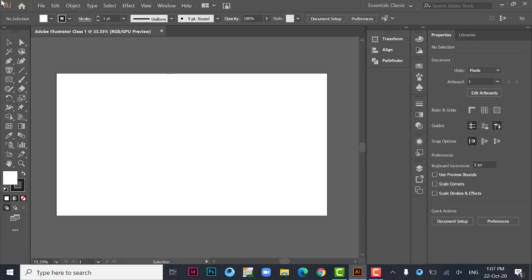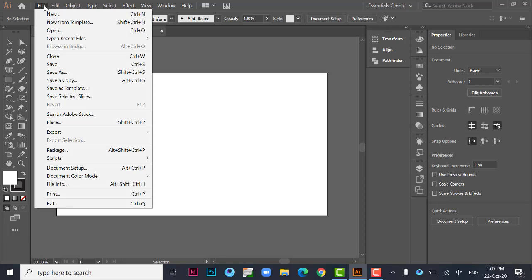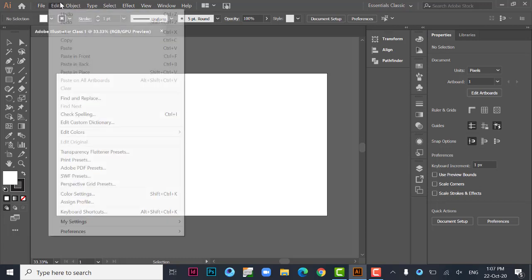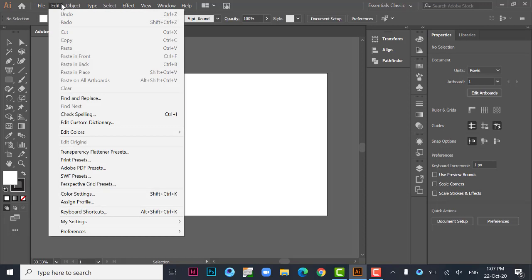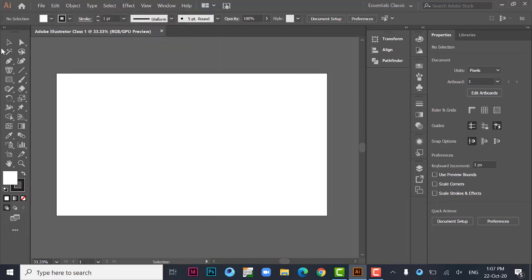So first of all, I will guide you on the upper side. This is called menu. Like if you click on any of the buttons, a menu will appear, like I am clicking on file and a menu is appearing here, and if I am clicking on edit, you can see its menu here. On the left hand side, this is called toolbar. With the help of these tools, you can create any document like business card, logo, flyer, brochures and much more. On the right hand side, this is called panel. Like you can see here, swatches panel, layer panel and much more.